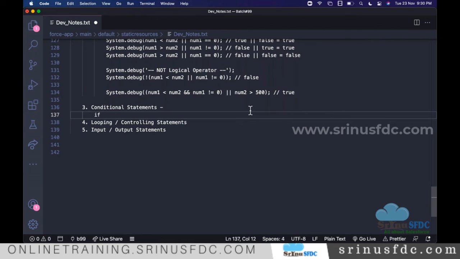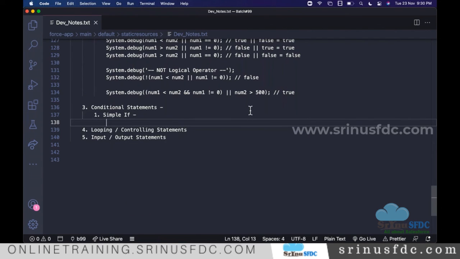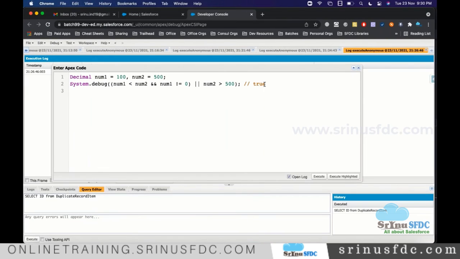There are many flavors of if conditions, and I'm going to explain the different flavors. People say simple if. Simple if means we just give a condition. If the condition is satisfied, we execute some set of statements. Otherwise, we are not going to execute. So for example, we have two numbers and an if condition. I'm checking number 1 is equal to number 2.